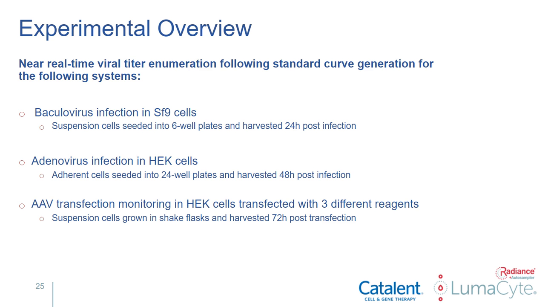Here's the experimental overview of the 3 different experiments that we did. Overall, we measured the real-time viral titer using the standard curve that we generated for the following systems. The first experiment was a baculovirus infection in SF9 cells, where suspension cells were seeded into 6-well plates and harvested 24 hours post-infection. Next experiment was the adenoviral infection in HEK293 cells, where cells were seeded into 24-well plates and